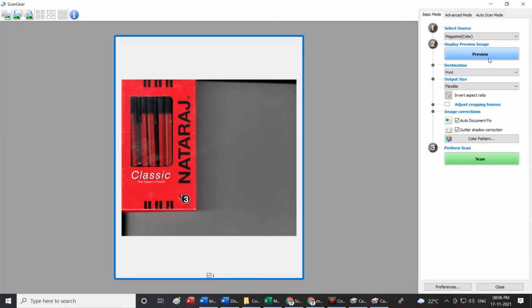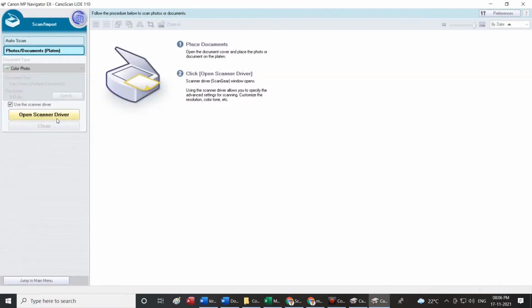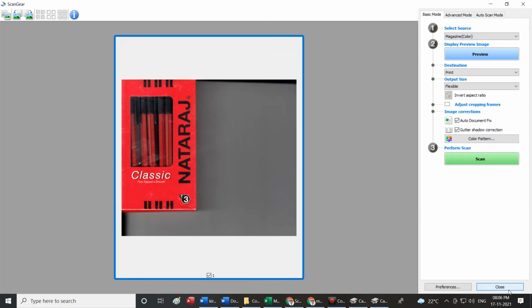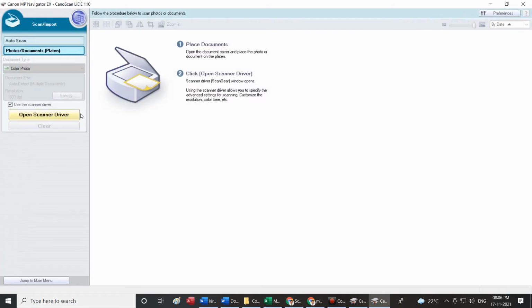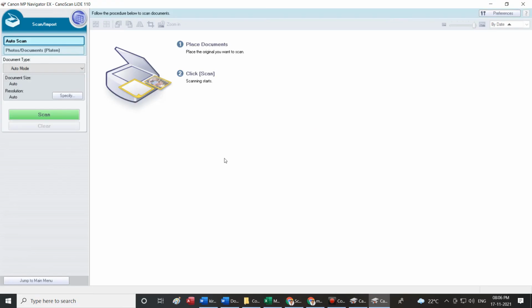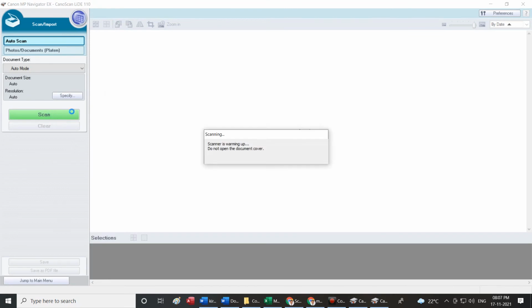I can go to preview, first preview and then scan. This is the option. Or directly come here, open scanner. After you have closed this, here also you can start scanning. This is one way. Or else when I go to auto scan, I just click scan and it starts happening. So please remember these options.